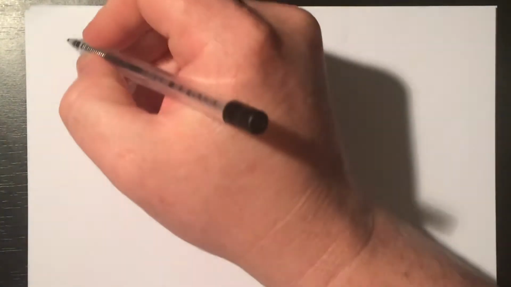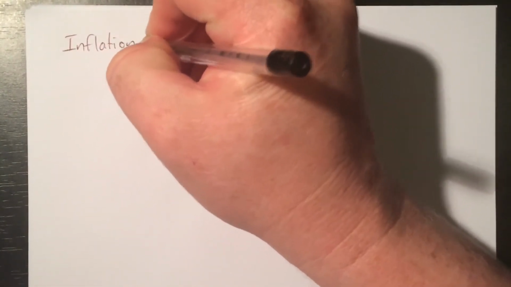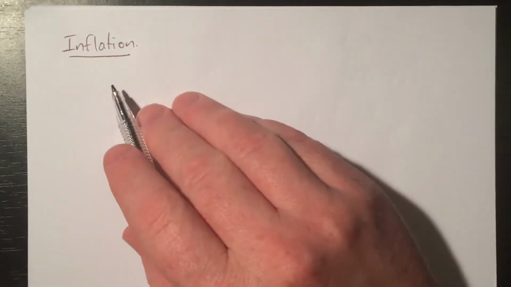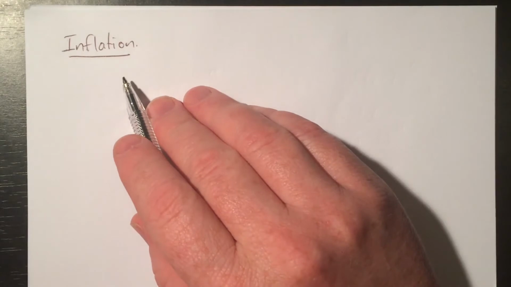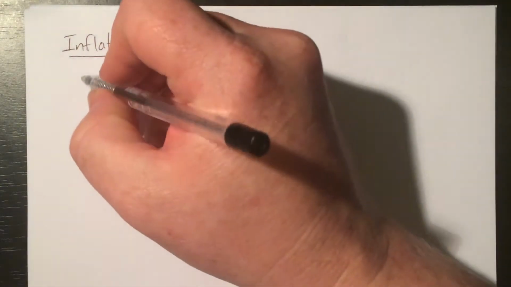In this video, we're going to talk a little bit about inflation. Inflation is the effect where the price of goods and services over time goes up. So an example of this is